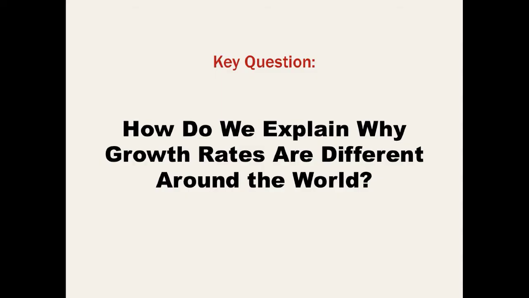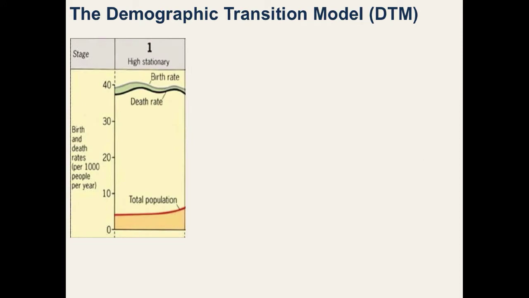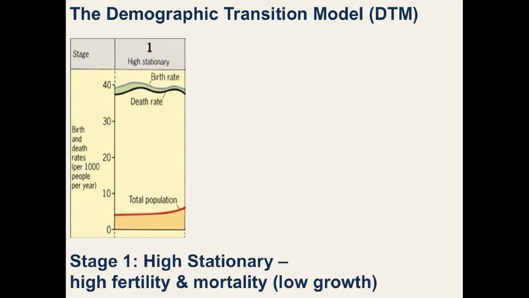So we'll investigate one of the most essential studies in analyzing birth and death rates across time and across the globe. And this is the Demographic Transition Model, the DTM. Early demographers used statistics primarily from churches in Great Britain and noticed that up to around the mid-1700s, birth rates and death rates were generally both very high. Great Britain, and every other region of the world, was in stage 1 of the DTM. And this is known as the high stationary stage because there was very low population growth. On the graph, you can see birth rates generally higher than death rates over time.